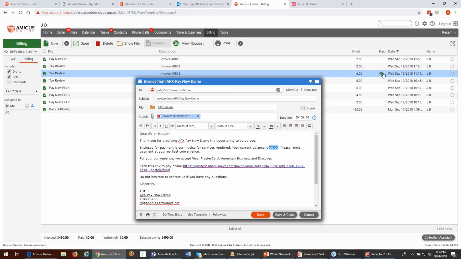And that's a way for you to be able to tell that a payment request has been sent to the client. And so what we're demonstrating here today is doing one at a time, but you can also use the multi-select in the top right and select all of your bills if you wanted to and choose to send a request that way as well. So some great tools there. But let's just go ahead and click the send option here. And then we'll go back